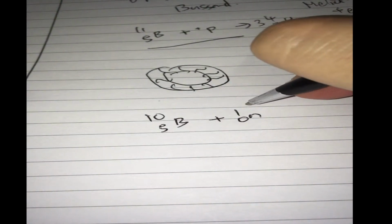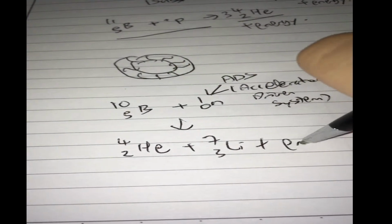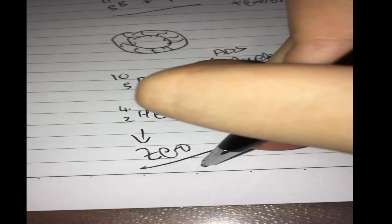If you just use an ADS system, an accelerator driven system, to produce all these neutrons, can't you just produce the alpha and the lithium all the same? I mean, someone has to do the math on this. I don't know whether it'll actually work. But this is an interesting idea, because what this means is that you have a nuclear fission reactor that produces zero long-lived radioactive waste,